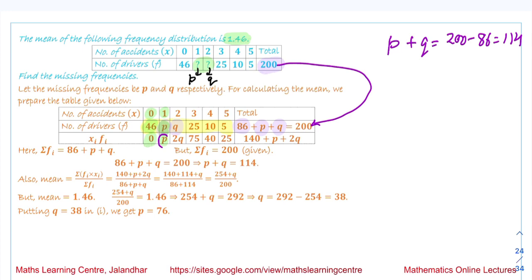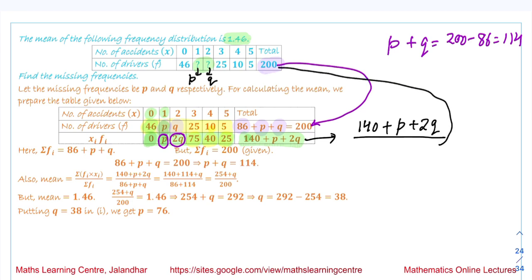This is the value P we have obtained. Then 2Q we have obtained. Then the next value, it is 3 into 25, 75. 4 into 10, 40, and 5 into 5, 25. And when we sum all these values, we get the answer 140 plus P plus 2Q. Now the average value we have is 140 plus P plus 2Q divided by the total